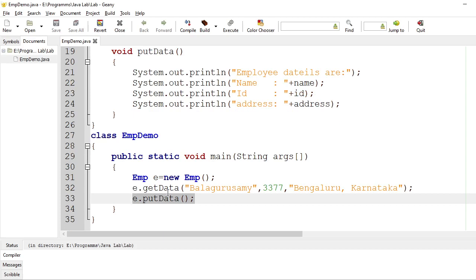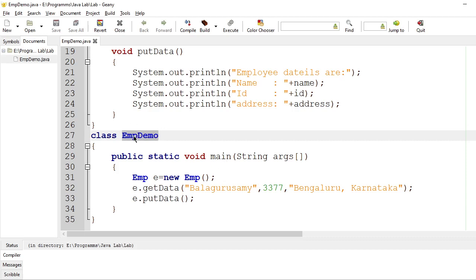Now I will show you how to compile this program. Before compiling, first I have to save the file. You already know which file name I have to give. I already mentioned in the last labs that the file name should be the same as the class name which contains the main method.